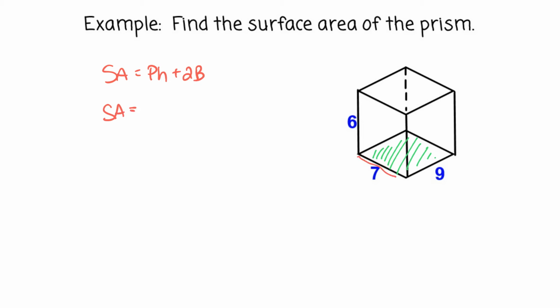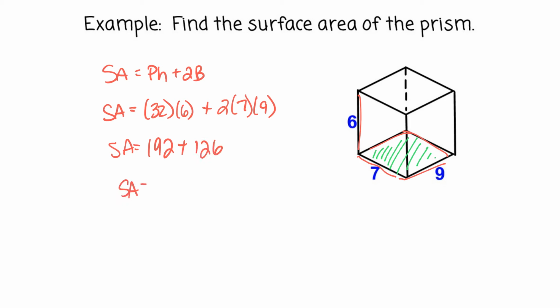The perimeter of my base, that's 7 plus 9, that's 16, and I have another 16 here, so that gives me 32, times the height of my prism is 6. Plus, I need 2 times the area of my base. So 2 times the area of the base, that's 2 times 7 times 9. So now I'm just ready to simplify here. So 32 times 6 gives me 192, plus 2 times 63 gives me 126. I need to add those two together. So 192 plus 126 gives me 318